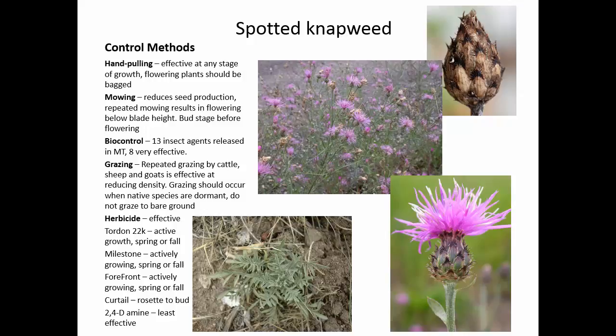When are native species dormant? They all vary, but late August is when they all start to shut down with lack of water and the heat. They've completed their life cycles. You have late blooming flowers. The goats will go in there and eat up the seeds before they broadcast. Maybe. I don't know. The problem is, some seeds survive digestion. But we do have some late blooming seeds that compete well with spotted knapweed.